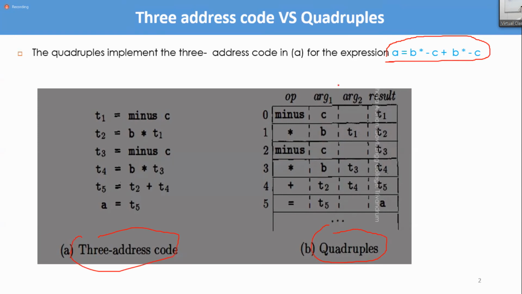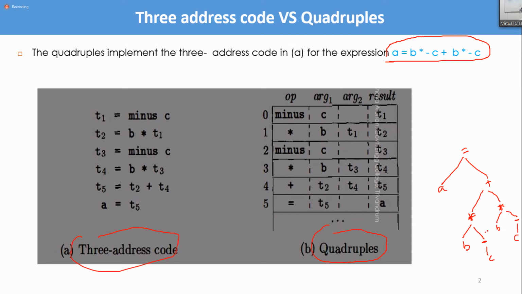So how will it be converted? First, you look at which operation you are going to do. Here, this is the parse tree, and the parse tree is given to this. If you look at the parse tree, this is A, this is plus, this is multiplication, and this is also multiplication, and again it goes to B, and this is minus and C. Similarly, this is B and minus and C.